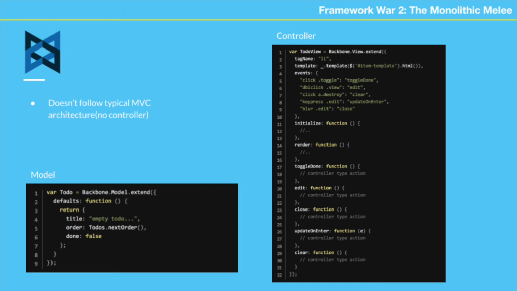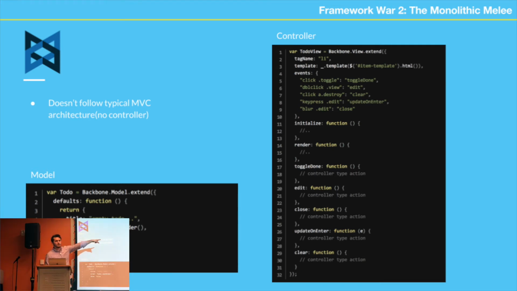It doesn't actually follow MVC, so sorry I lied to you. There's no controllers. You have a model and you have a view/controller. But already a red flag gets thrown up with the events over here on line 4. It's a view. Look at line 1, backbone.view.extend, right? Then you have events, meaning this view is handling events, which, as we remember, a view should only be single responsibility principle, should only be responsible for displaying the data, and that's it. The controller should be in charge of handling events and how it should mutate the view, or if it needs to update the model. So already, this is going on.